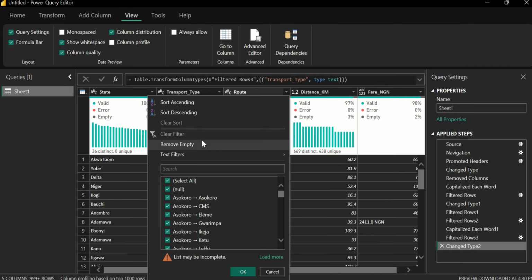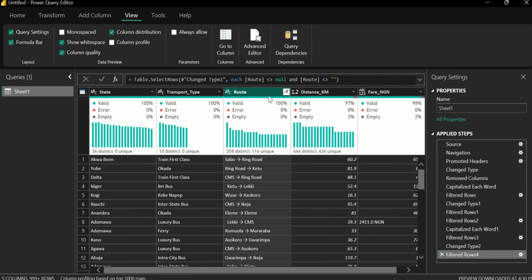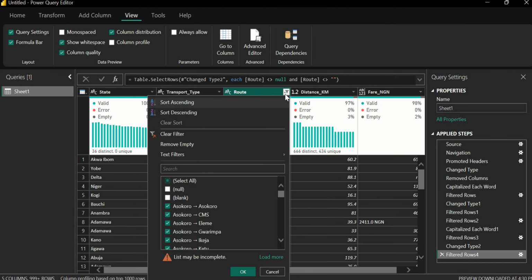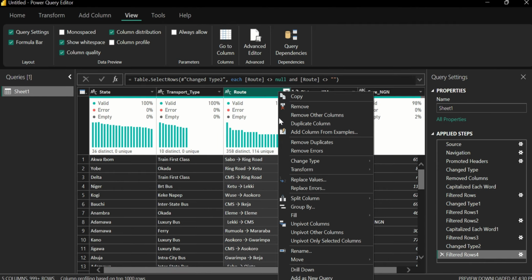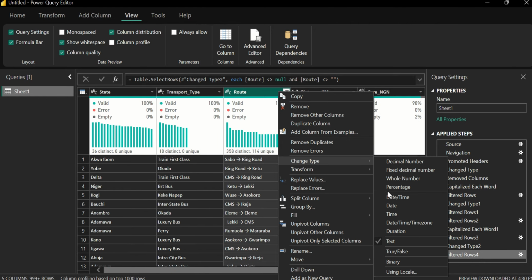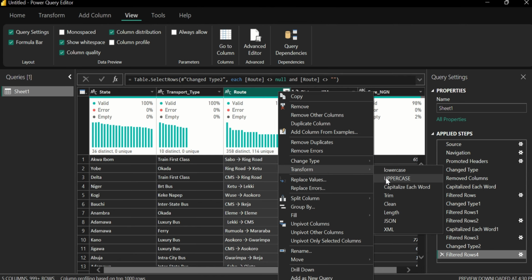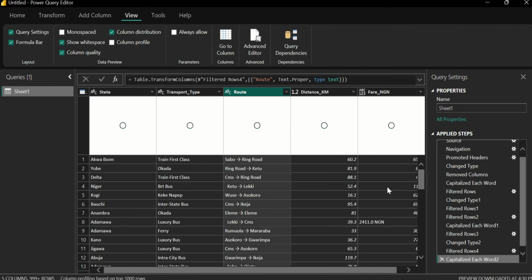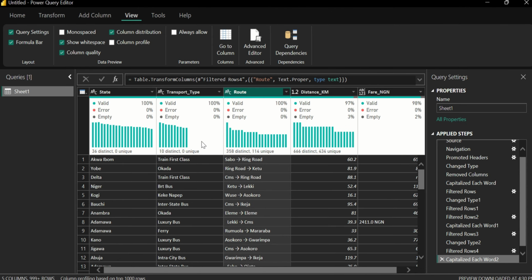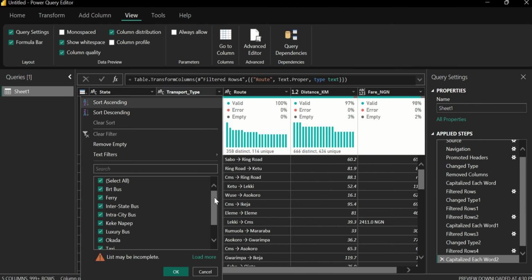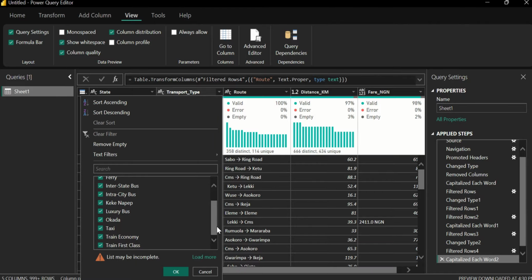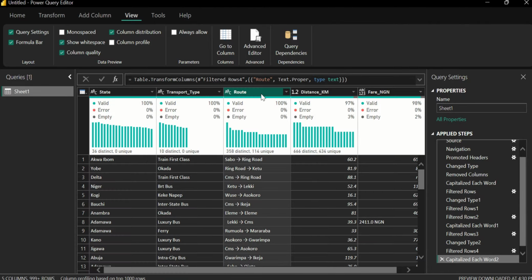or let's remove the one that is empty. Then let's see if we have, we can change the type to transform each of the data to actually start with capital letter. So now let's see this one. This one is saying,